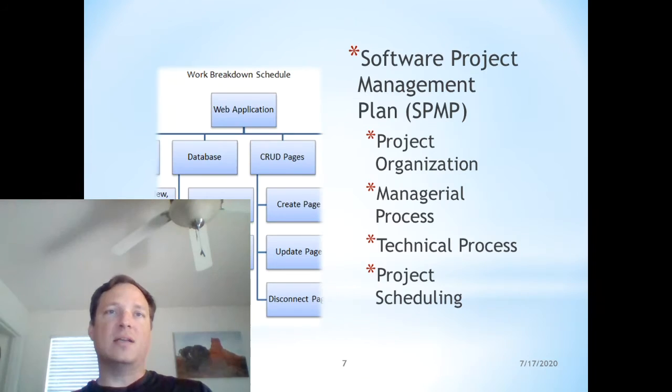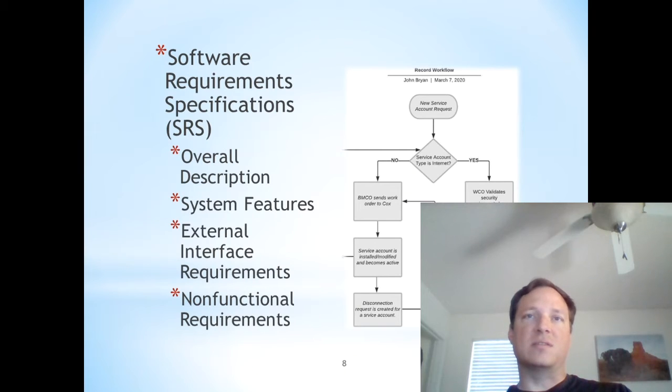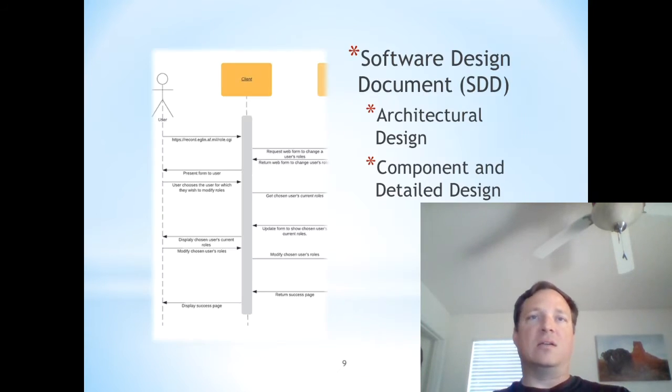As the name implies, the Software Project Management Plan, or SPMP, defines how the project will be managed during its construction. The Software Requirement Specification, or SRS, gives a detailed description of what will be included in the web application, right down to the user interfaces, workflows, and ER diagrams. The Software Design Document, or SDD, provides detailed design details for each component and the functionality each component will provide